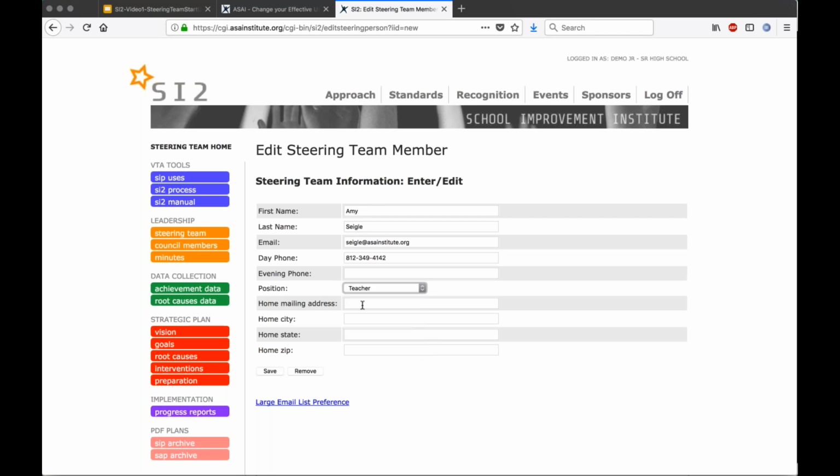And you are not required to fill in your home mailing address. There was a time when we had to contact folks, when people didn't always have email during the summer, weren't always checking their school email. We used to have more work in the summer, and sometimes we had to mail to homes. If it's something that you would want your steering team to have, so if they needed to share anything getting into June, they might have another way to contact you if necessary, but that is up to you.